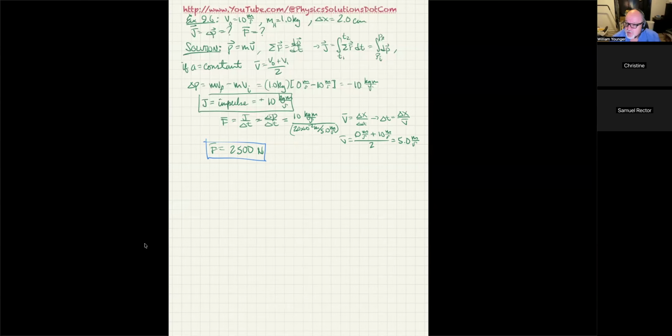Your book actually did 5,000, but again, that's because they got their result by assuming that the change in velocity of the hand is only going to happen over a 1 centimeter distance. I was saying it's probably going to happen over a 2 centimeter distance, and that makes the requirements of the force a little bit less severe. So that's why you could probably do it with 2,500 newtons instead of 5,000 newtons like your book has given you. Any questions on that?